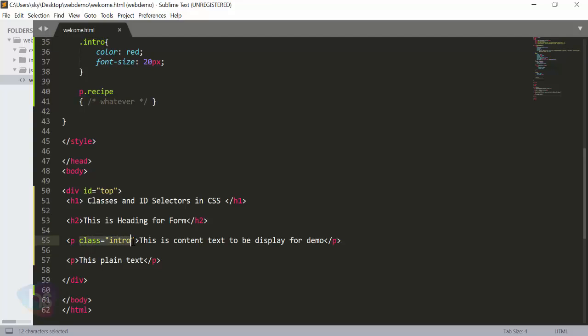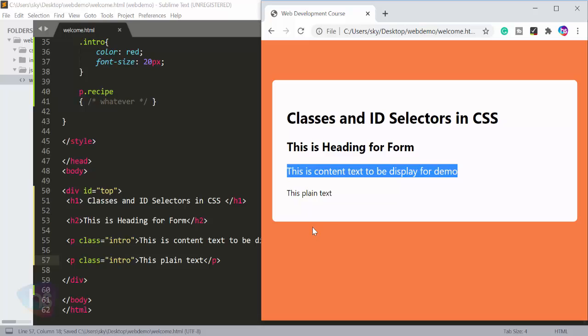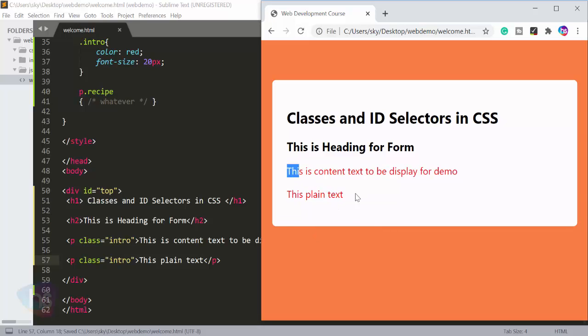See, the same class I am going to apply with another tag. Just save and reload the page. The same thing will be applied. That is the way, very easy to use classes and ID selectors in CSS. I hope you have a good idea and understand about writing classes and ID selectors. Try to practice with